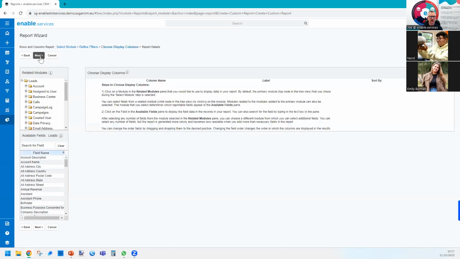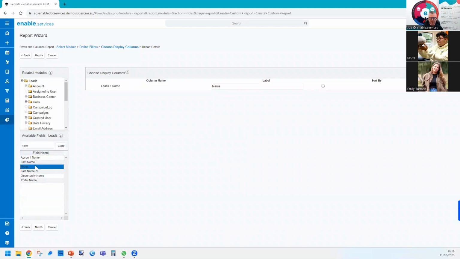However, if we go next, we've got our display fields. What do we want to see? So in our case, we want to see the leads. So again, available fields for leads. We're going to say name, and you can see everything that says name has come up. So we're going to say the name of the lead, the company name, but also we want to see maybe